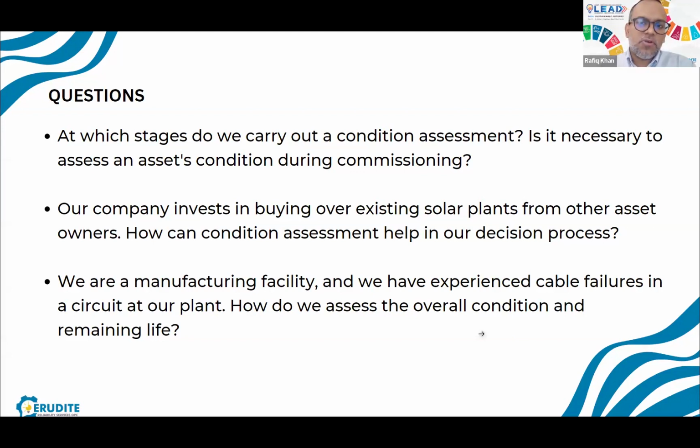Buying over existing solar plants is a very expensive affair, and trading plants like this has become the trend in Malaysia. Previously, it was happening around the world, but now I'm seeing this happening locally as well. People who build solar plants are called EPCCs, engineering procurement companies, and they build, install, and run it for a certain period, let's say half a year or so, before handing over to the owners.